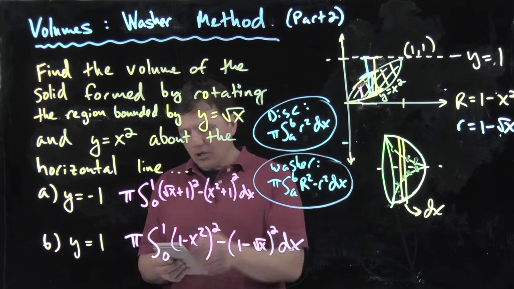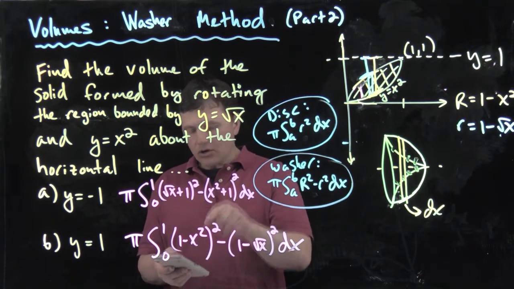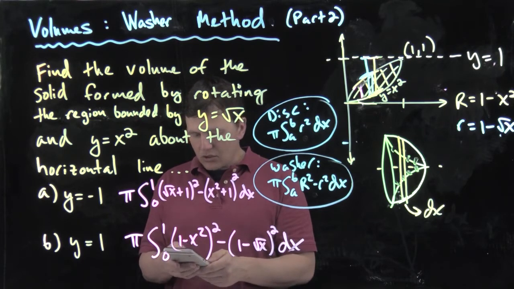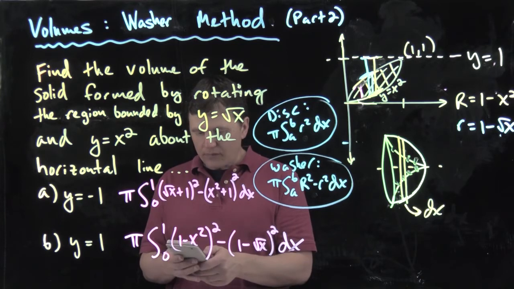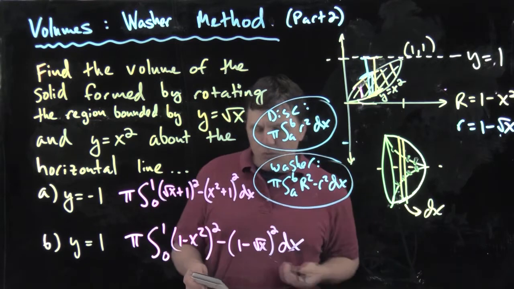That 1 should not be under the radical. Squared, minus, and start another parentheses, x squared plus 1, squared, and enter, and we're going to get